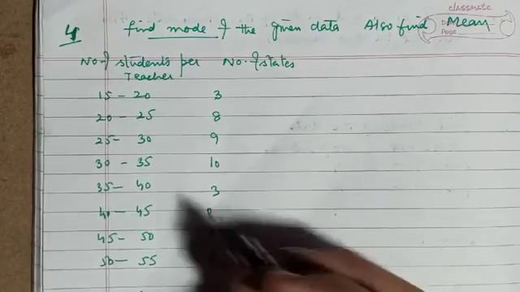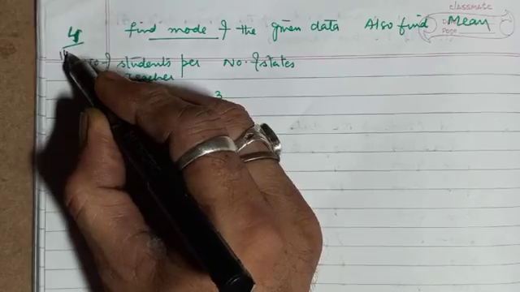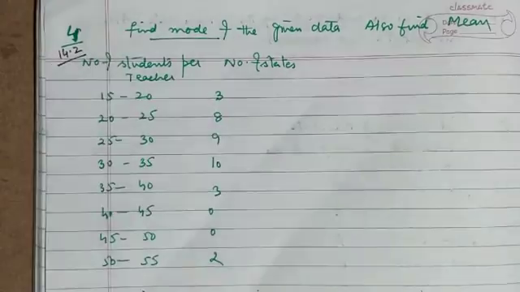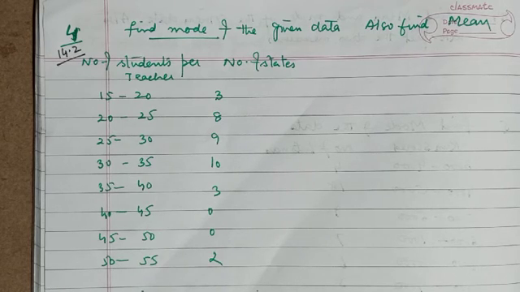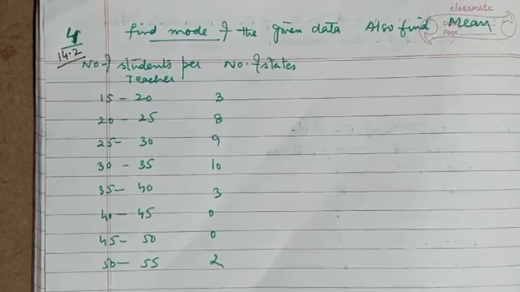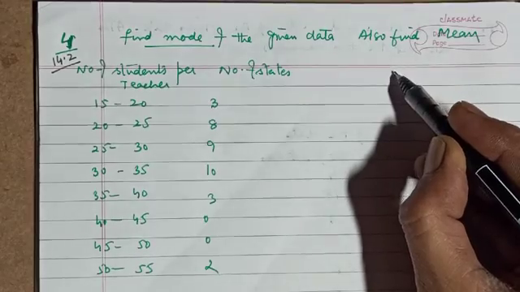Here students, I am going to take question number 4 from exercise 14.2. It is again to find the mode of the given data and also find the mean. तो फार्मूला फिर हमारे लिए वही है. तो जब हमें मोड निकालना है,